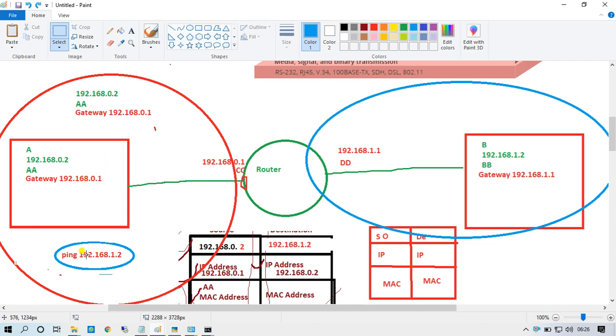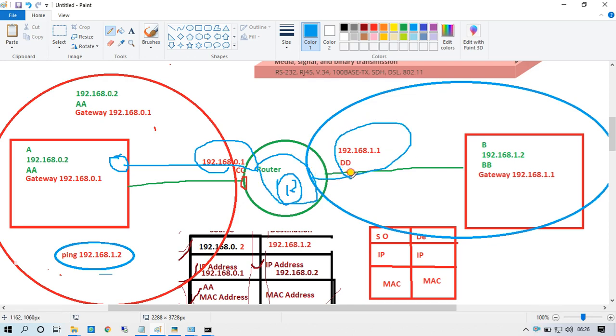First, the ARP request was generated by this one for this IP, and using the routing table, the router generated a packet for this IP address using broadcast.